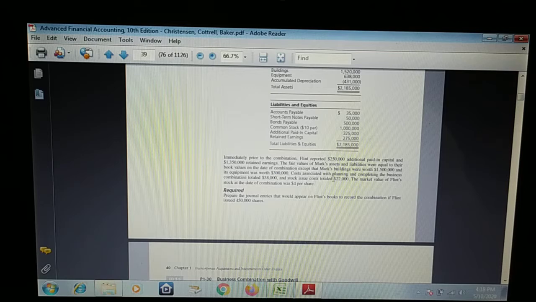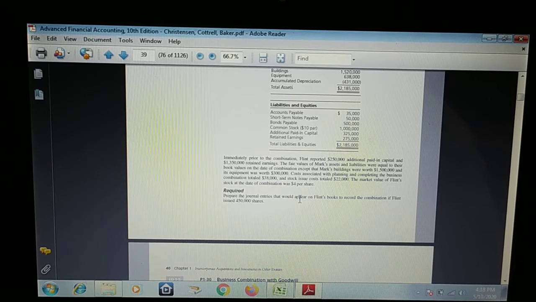Costs associated with planning and completing the business combination totaled $38,000 and stock issue cost totaled $22,000. The market value of Flynn stock at date of combination was $4 per share. We are asked to prepare the journal entries that will appear on Flynn's books to record the combination if Flynn issued